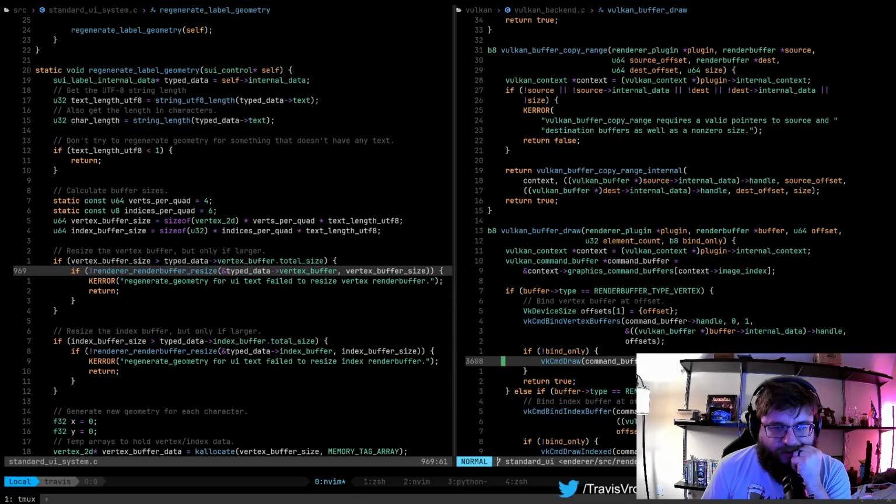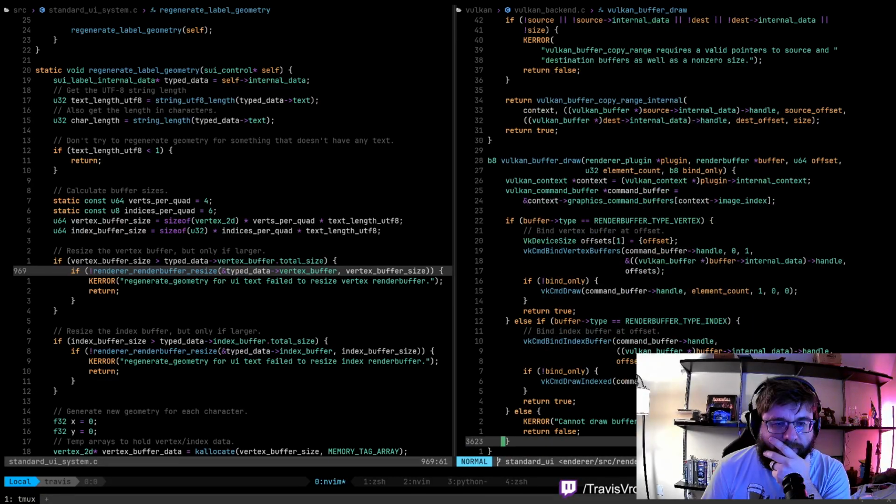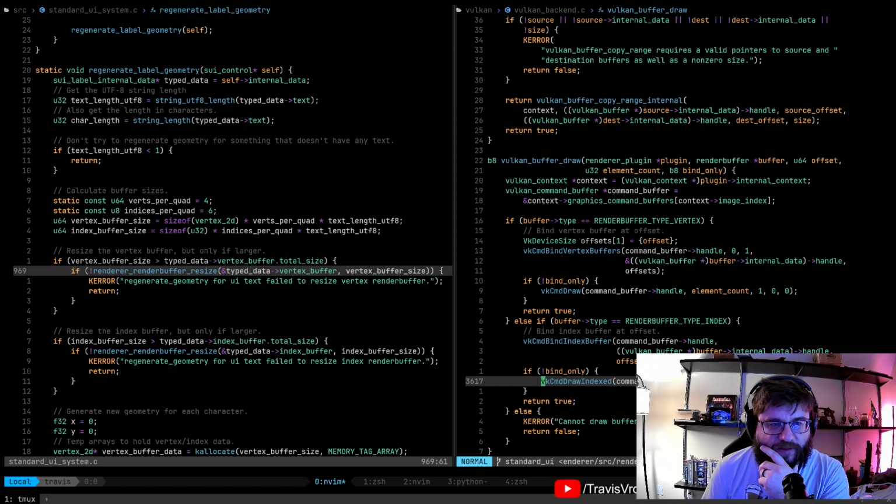And then when we draw, we just take the element count. Draw indexed element count. Okay, that makes... Oh, we're probably going to get away with it because of the index count, I'm thinking.